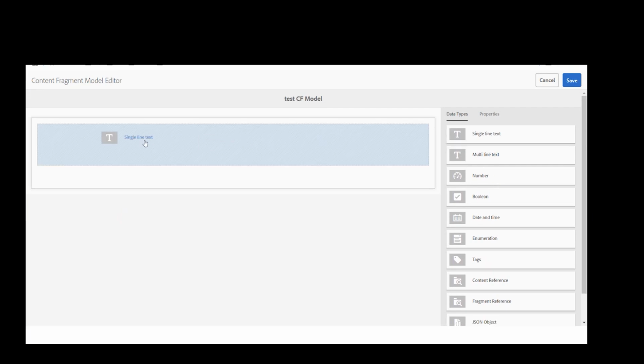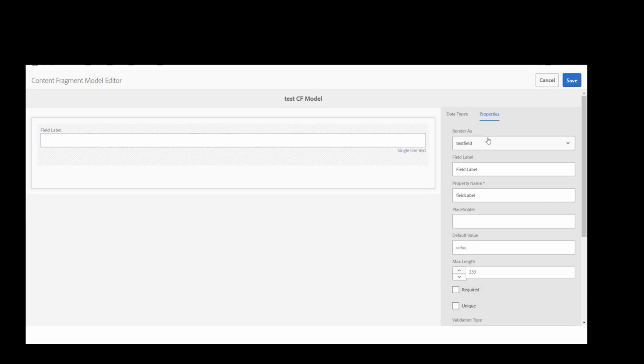If you are going for single line text, this is a single line text. You can select this as the text field, or you can go for the multi-field option. What could be the label? For example, this is my first name field. Once I am adding the field label, you can see the label is appearing here. What could be the placeholder in this text box? Provide first name. And as you can see, once I'm updating all these properties, all the changes are reflected